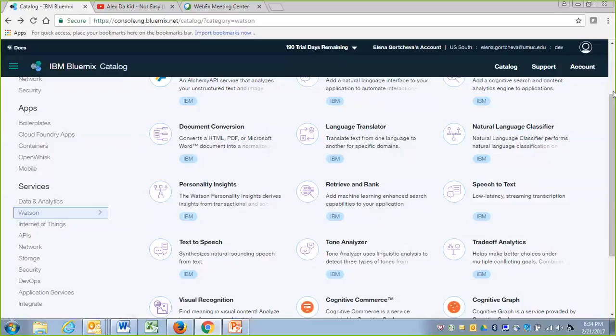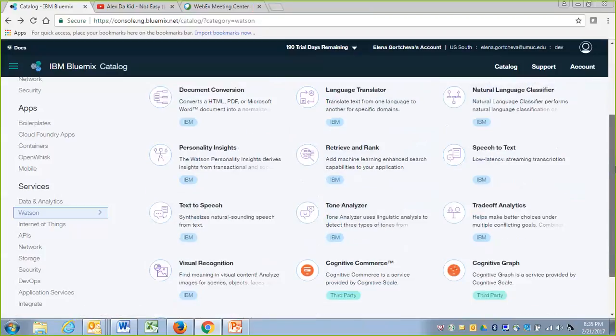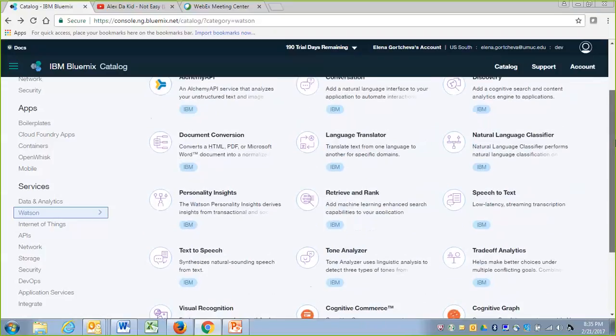I want to believe most of you were already here. It's not clear to me for the discussion, because I don't see evidence, except for a few, that you were here in the Watson services. I'm in Watson right now, and you may have explored any of these, like Tone Analyzer or Personality Insights or whatever. I suggested some, but you are free to explore any of them. And there is nothing difficult.